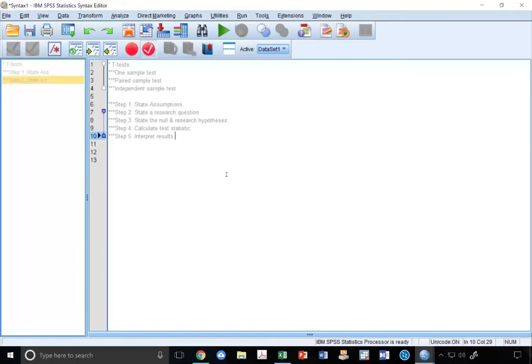What t-tests do is they calculate the mean difference of some interval ratio variable across two different groups on some other variable, right? So for t-tests, we have an IV, and I'll do that like this, IV. And just to note in the syntax, I'm taking notes. If I put the asterisk here, it allows me to keep the note, and it won't run it as a command